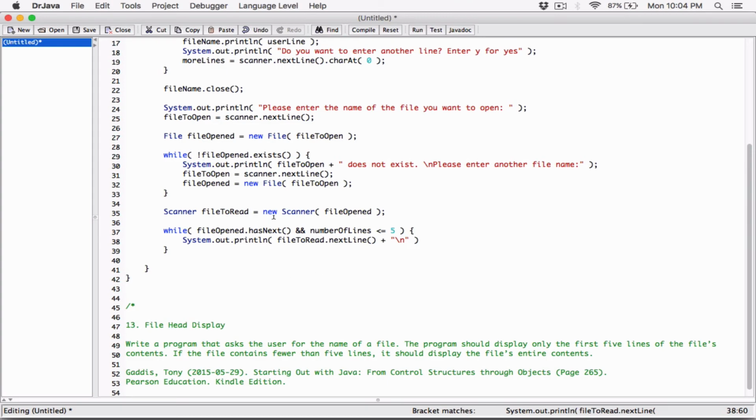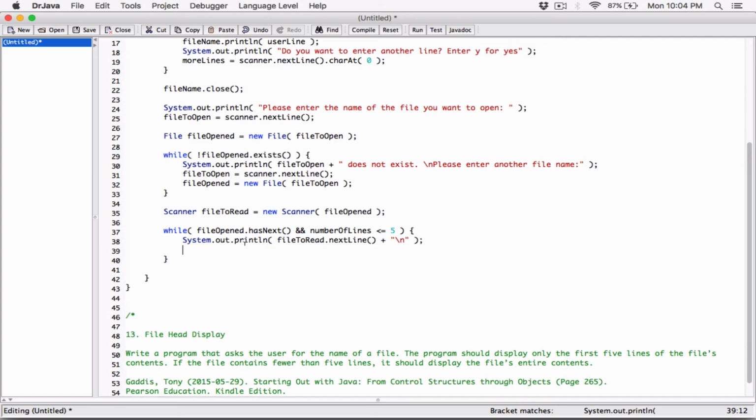If it runs the 5th time, the file has a line, because that's going to be the 5th line, and this loop, is less than or equal to 5, has run 5 times. But now, one more thing we need to do is anytime this loop is done, we need to increment number of lines